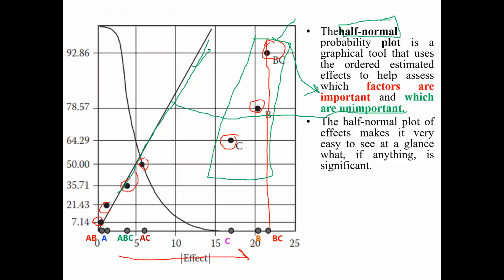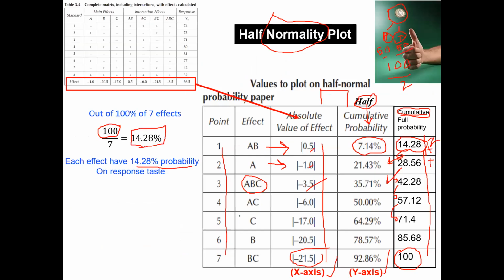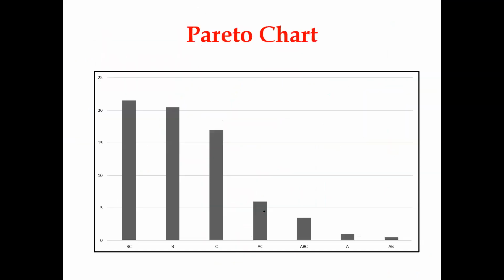Now, if you correlate, we have also seen that the overall effects B, C, and BC, as per the numerical values also, are influencing more. You could see here B, C, and BC, right? But we need a checkpoint: at what point can I cut off? Let us say this is the cutoff. As a layman, I cannot just make a cutoff here. So I need some statistical tool. For that, I have used the half normality plot to make that differentiation between the significant and insignificant factors.